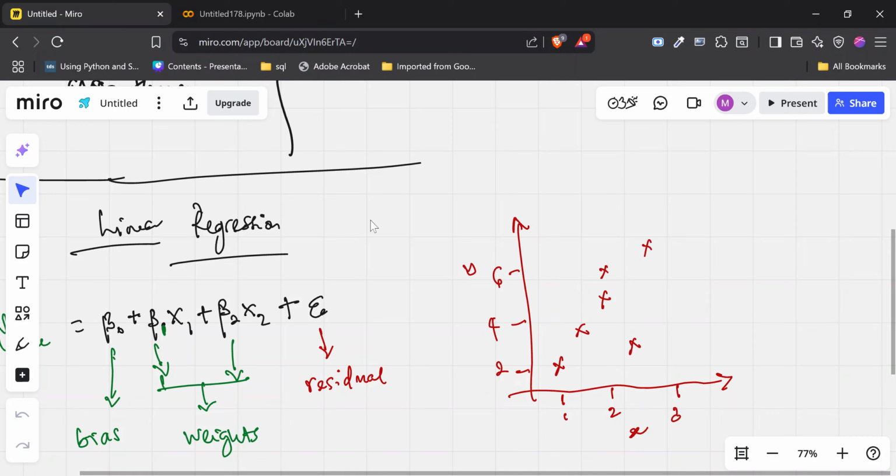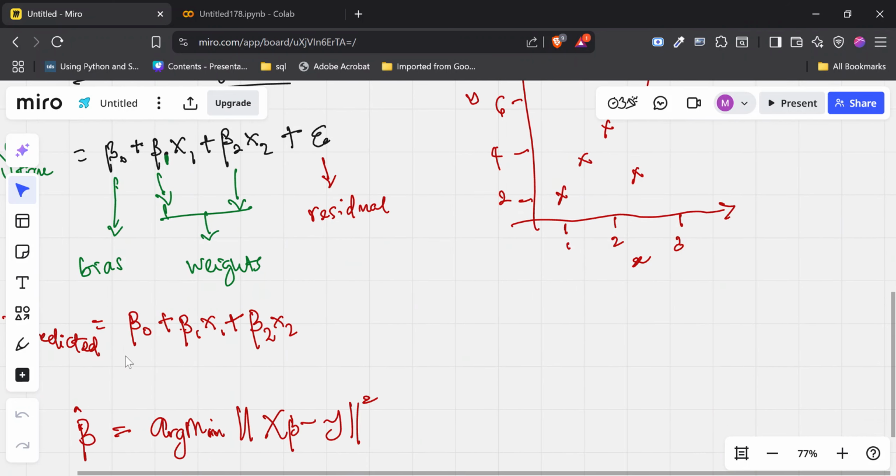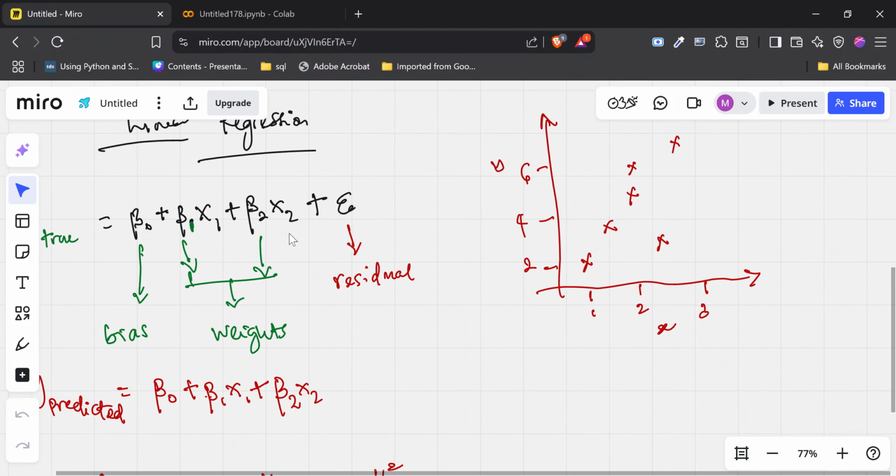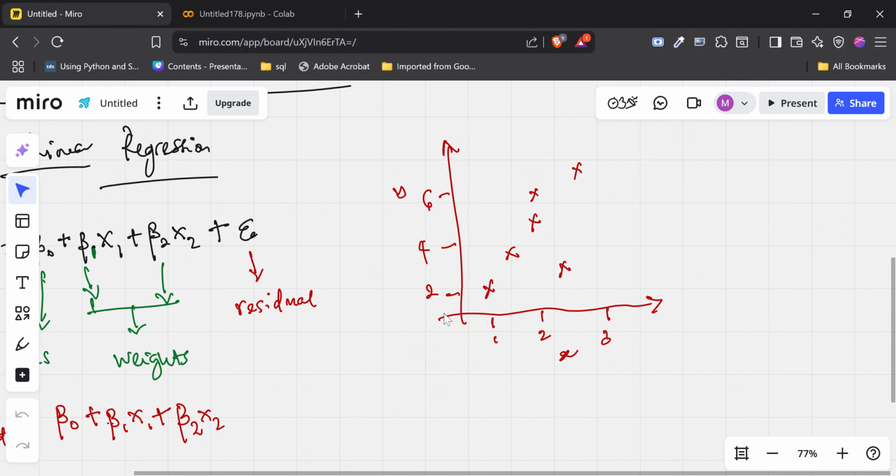Now, what we are actually looking to do, what this equation is looking to do, is to draw a line that fits this relationship best. And that line is going to be the line that minimizes the most error.